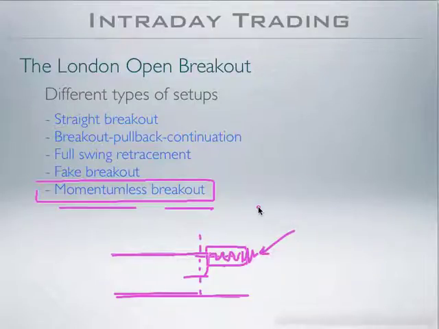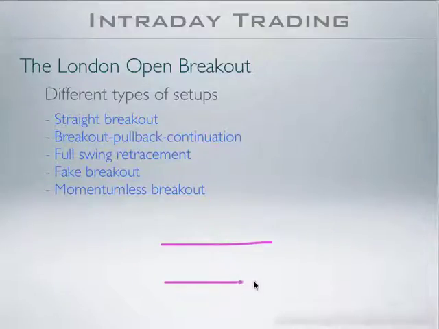That's why in a previous video I mentioned that one of the requirements is to see, as the London market opens, a momentum filled bar, around 3 a.m. or within the first hour of the London market opening up. You want to see a momentum bar, a full body bar with low wicks, to the downside or to the upside, basically breaching through the Tokyo band. On the other hand, if you see price simply meandering sideways, not quite ready to take off in the direction of the actual breakout, be very, very apprehensive about taking that trade